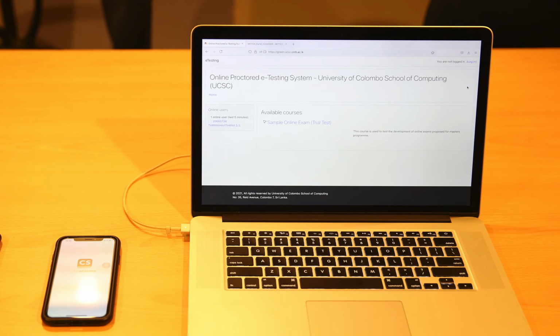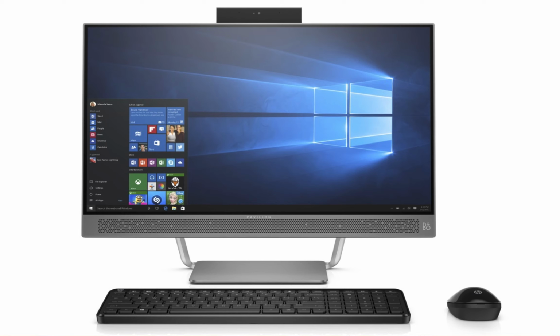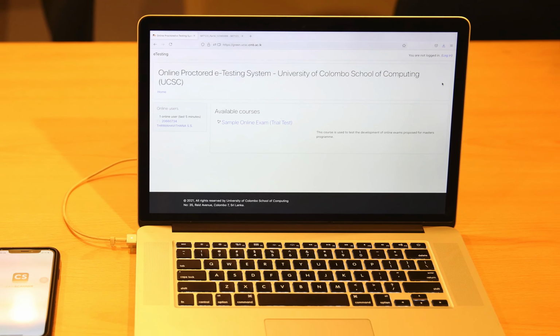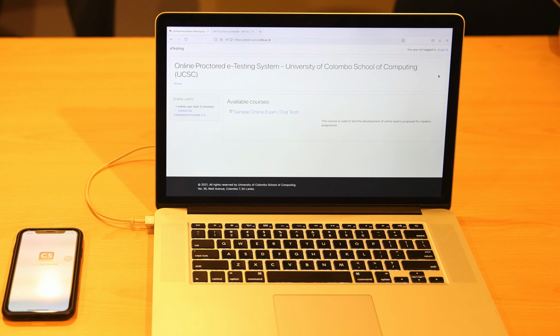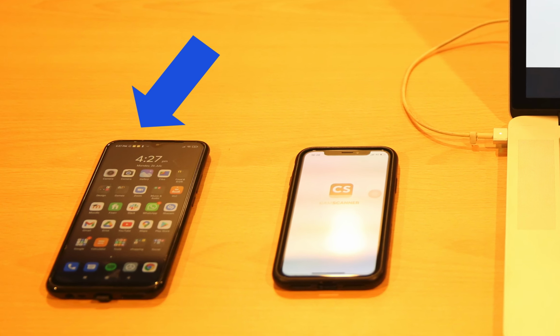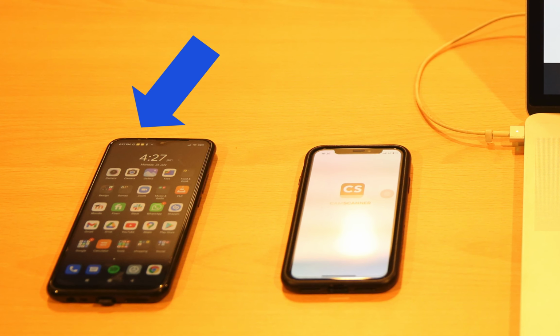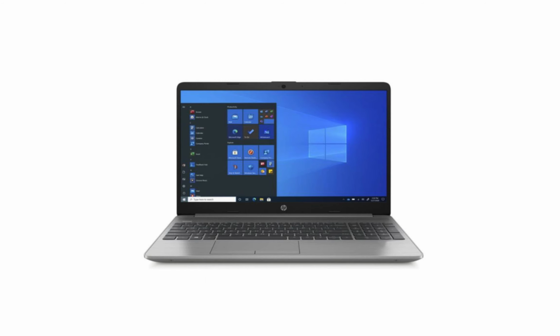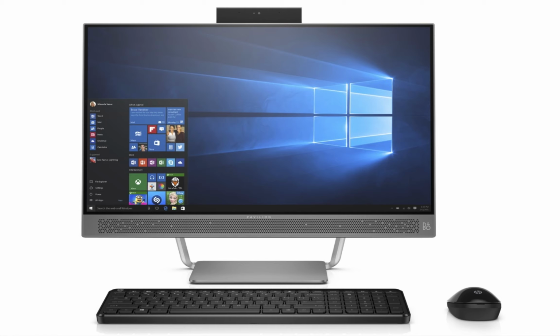Device 1 is a laptop or a desktop device with a microphone and a webcam and internet connection to use the online exam system. Device 2 is a device with internet connection to run the Zoom proctoring from the side of the candidate. You may use a mobile device or a laptop computer or a desktop with a microphone and a webcam for